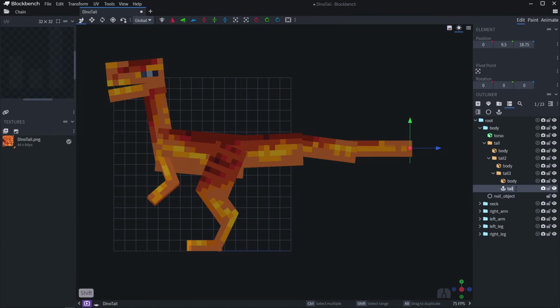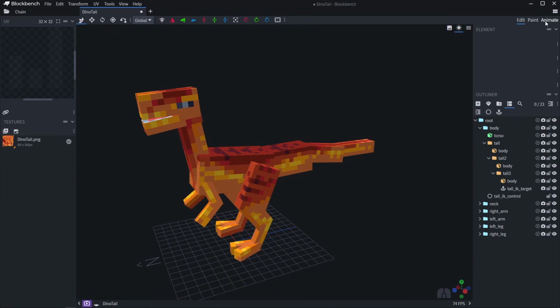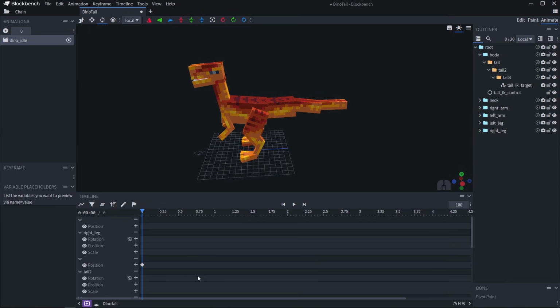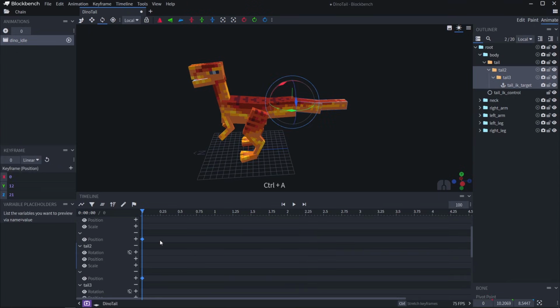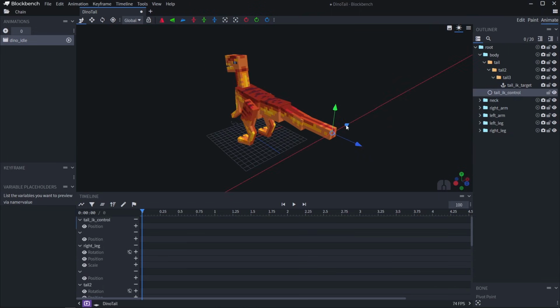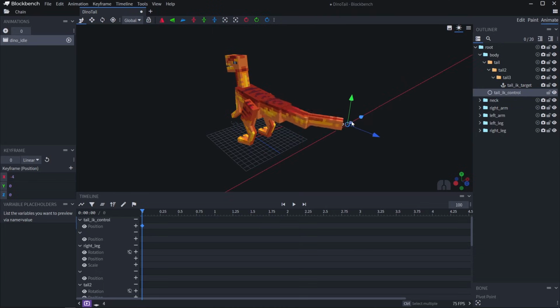So we'll do tail IK target, do tail IK control. So now that that is set up, let's jump into the Animate tab, and we'll take a look. We have the dinosaur idle. I created this animation earlier. As you can see right now, we have a few things on it, but we'll just select those and delete everything. So we'll grab the tail IK controller, and as we move it, oh, you know, I forgot to retarget that, so we'll retarget it, and as we move it,